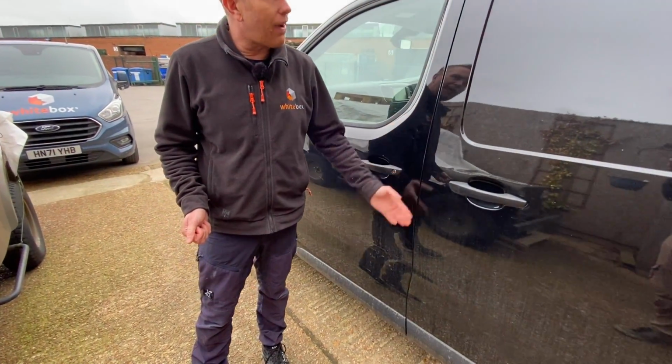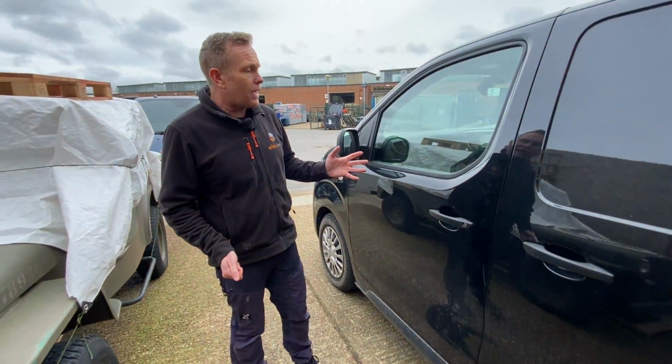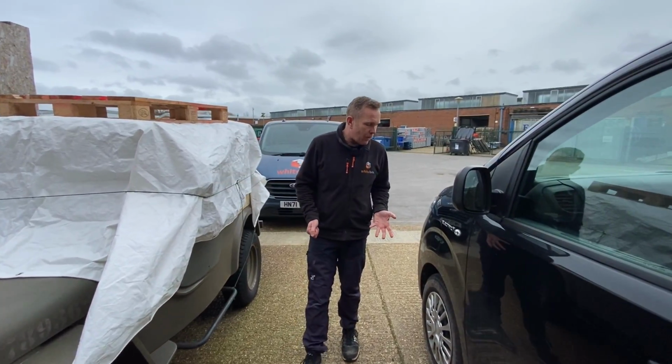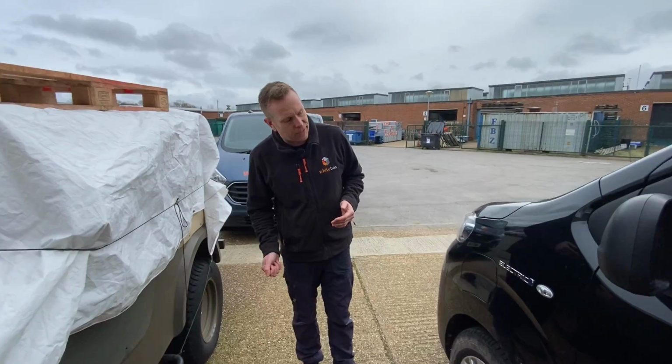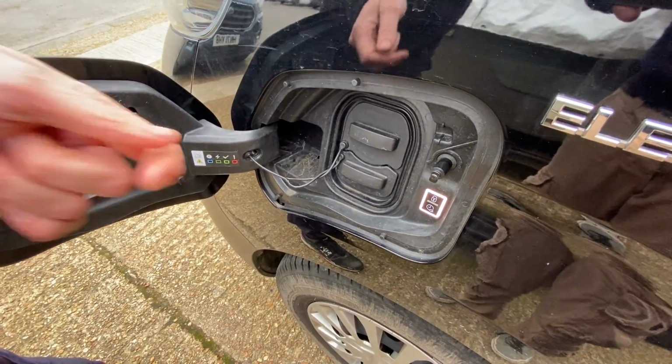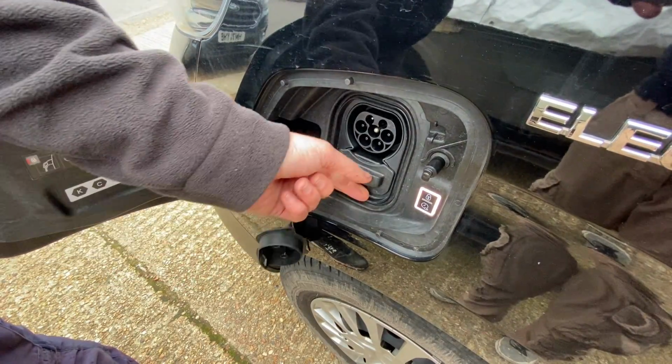This one's got a few scratches on it. It's only got a few thousand miles, but it's come from an auction. It's going to get wrapped for the customer anyway, so it wasn't an absolute priority for them to have it in proper tip-top condition. Over here we see we've got the electric, we've got the standard, and then we've got